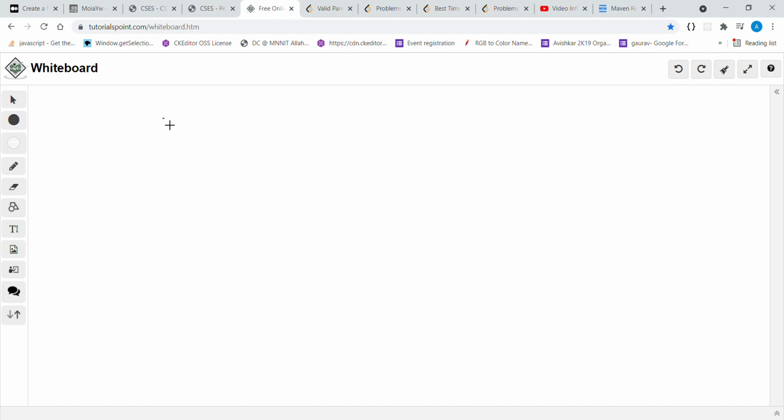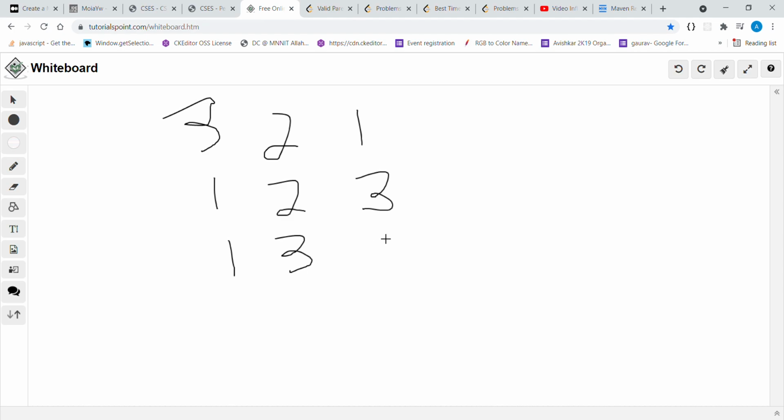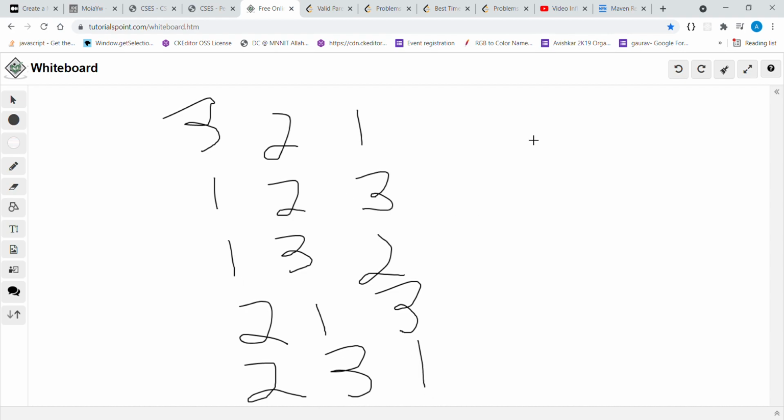So for 3 we have 3, 2, 1; 1, 2, 3; 1, 3, 2; 2, 1, 3; then 2, 3, 1; then we have 3, 1, 2. Apologies for my drawing, it's quite bad.